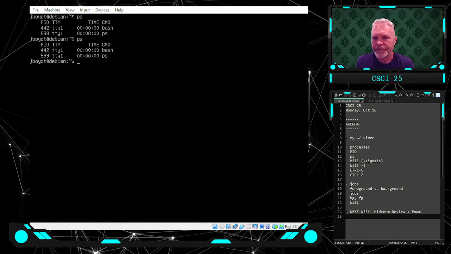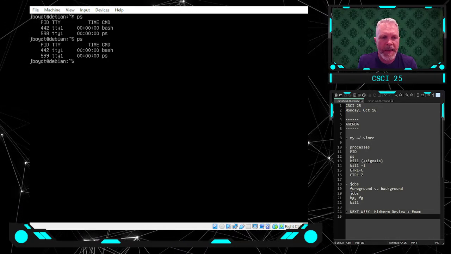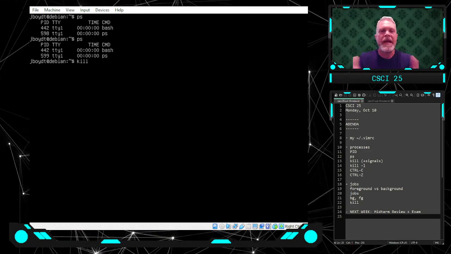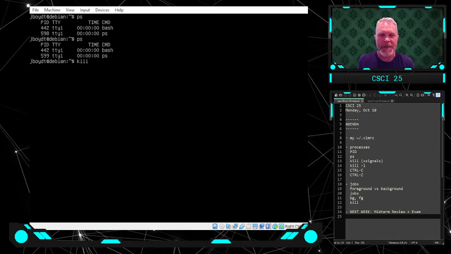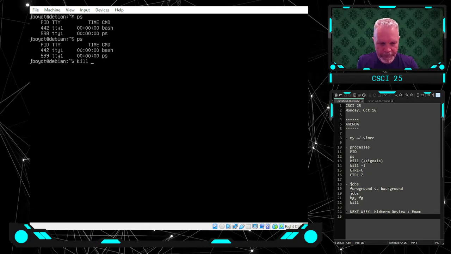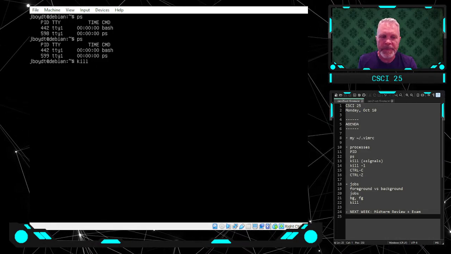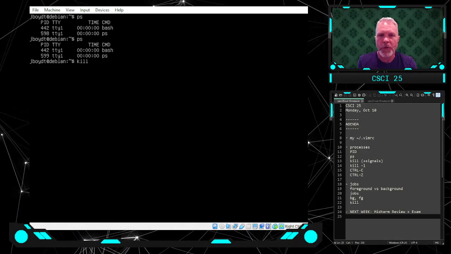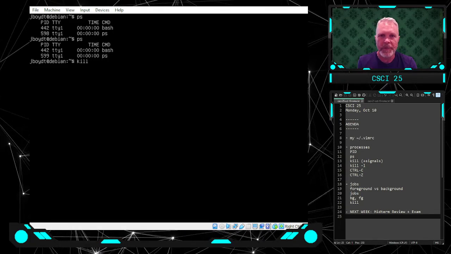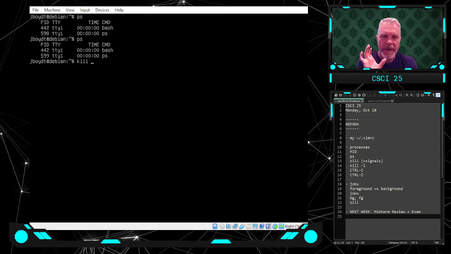Okay, so let's add another command, which is the kill command. You may or may not want to do this alongside me because it can be inconvenient. So the kill command is used to control processes. It's unfortunately named kill because the kill command does more than just kill processes, but